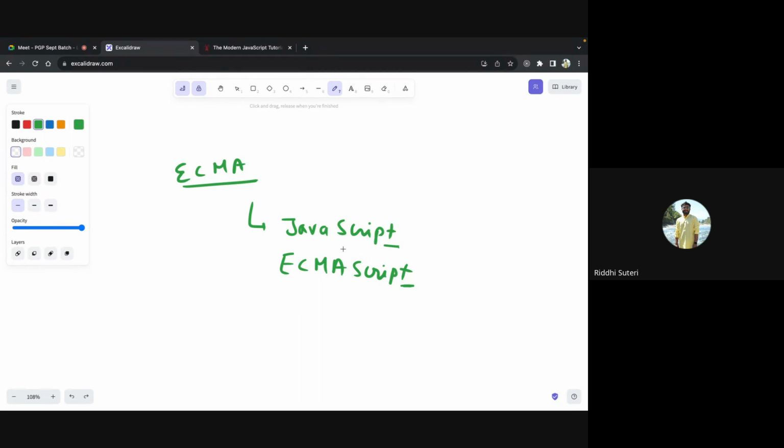And one more thing: since ECMA standardized this particular language, almost every year we have a new release of ECMAScript, and almost every year we have slight modifications in JavaScript, right? When I say this, people have this doubt that every year we have to learn new JavaScript, or every year the syntax will change, or new functionality will be added. Generally, it's not a very major change in the new versions. There is a slight new thing that they have added, slight more advancement.